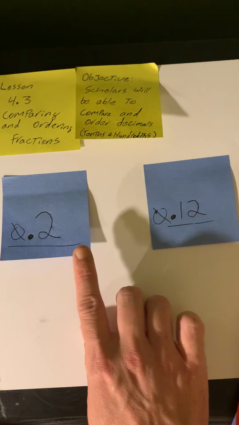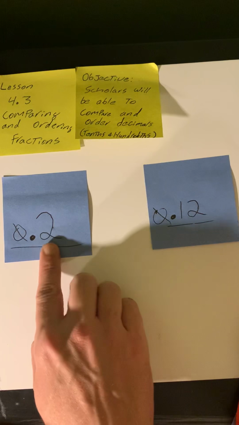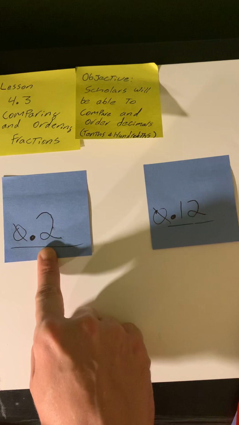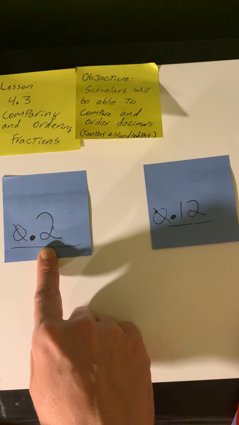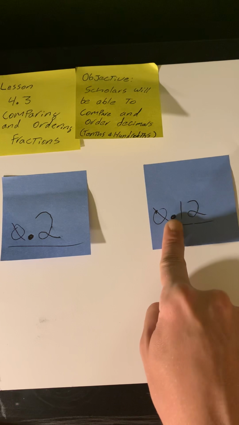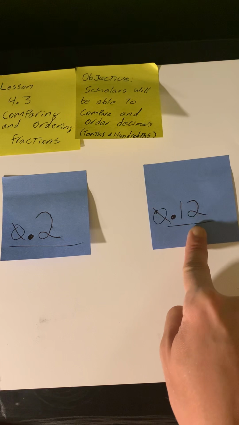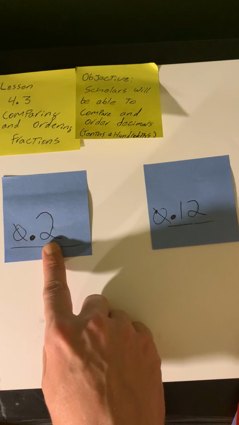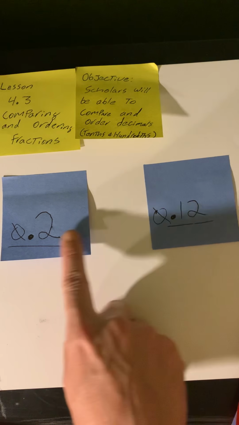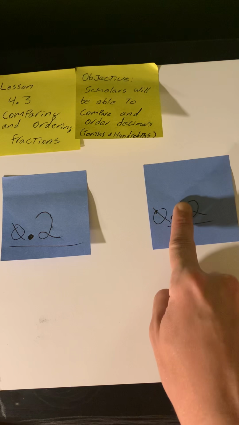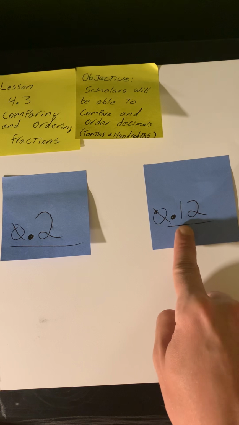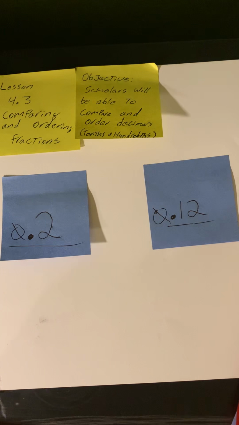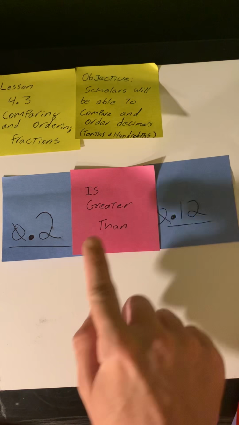While I'm comparing these, I'm looking at my closest place value to my decimal point. That's the higher of the two. Remember, this is our tenths column, and this is where our dimes would go. Tenths column, hundredths column, where our pennies would go. So on my left with 0.2 or 2 tenths, that is a higher tenths place than my 1 tenth over in 0.12. So if I were to compare these, I would say that 0.2 is greater than